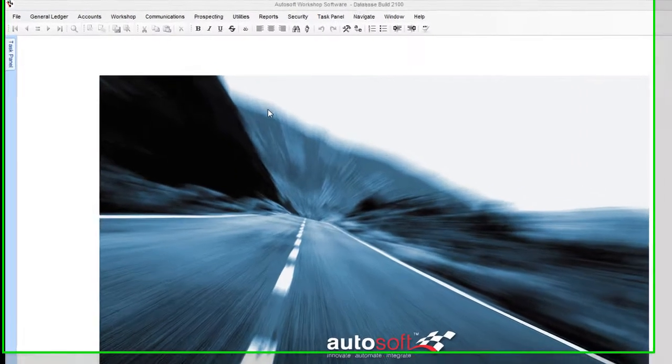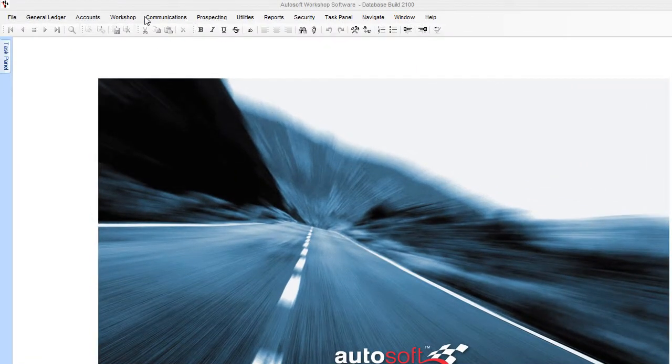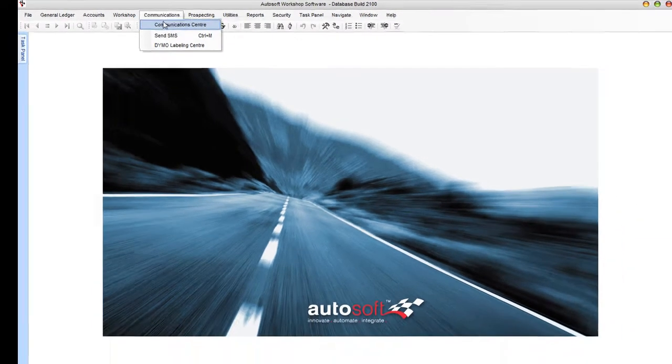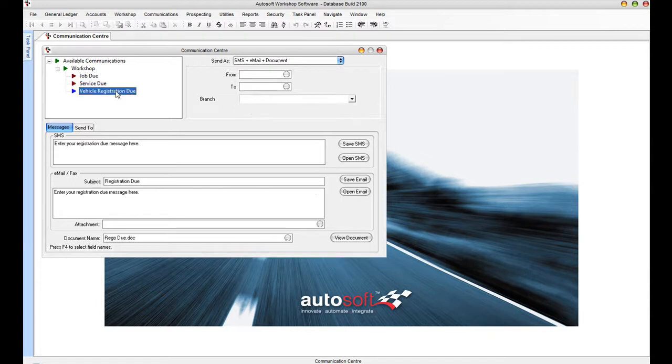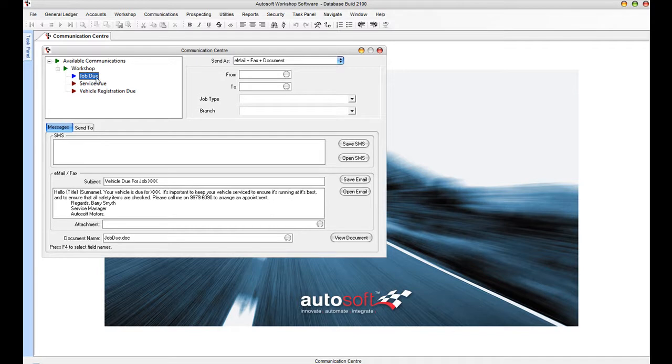Next cool thing I want to show you is doing service reminder letters. Now, just come up here and you click the Com Center, and what you've got in here is job due, service due, and vehicle registration due. Now, the way this works is you just hit job due here, and you can do this by SMS if you want. So you can key in an SMS, hey, vehicle's ready for service, give me a buzz if you want me to book it in, or you can do it in an email or a fax, or you can even attach like a Word document here. So this one here, job due.doc,